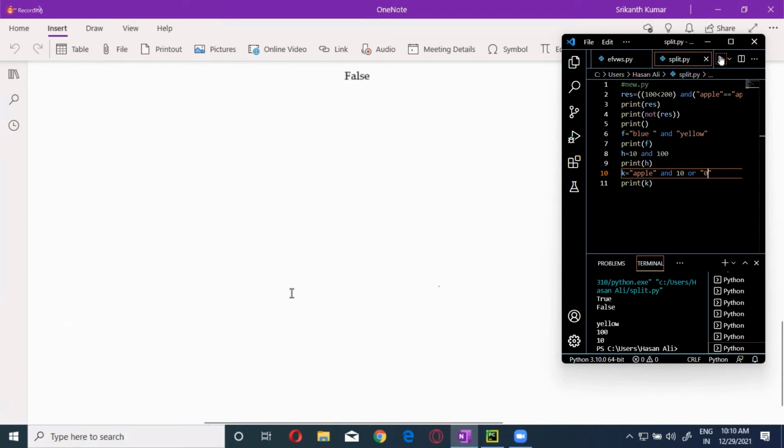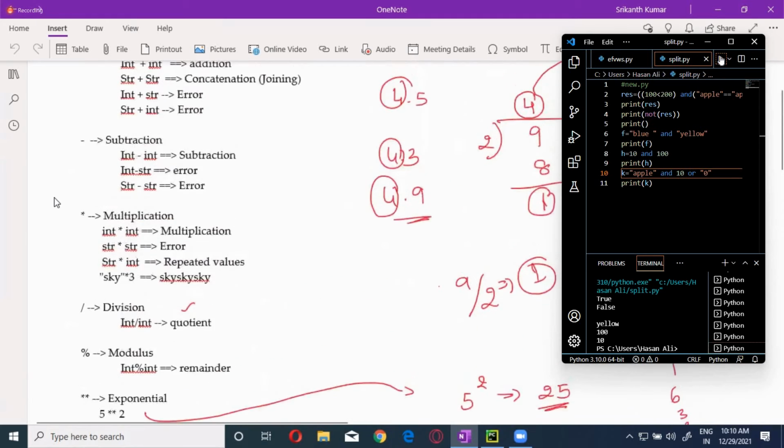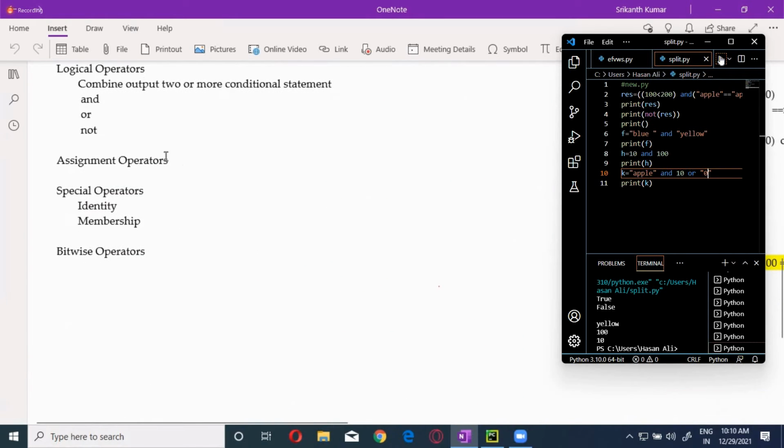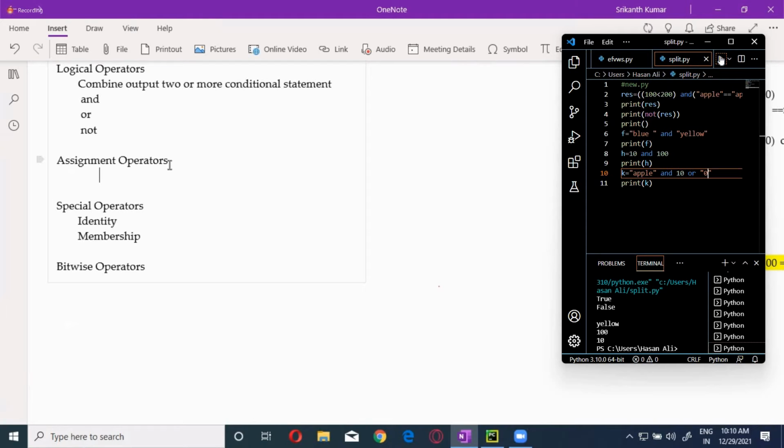What is an assignment operator? We will assign a value. Now you can see this. We have dealt with this one. That is the assignment. What is the assignment operator, guys? Is equals to is the assignment operator. Okay? As I told you in the starting, the assignment operator behavior.